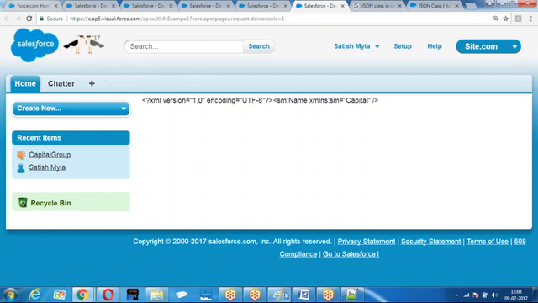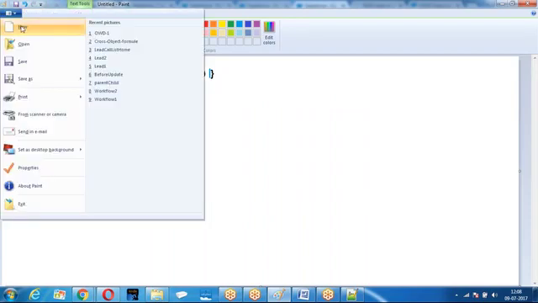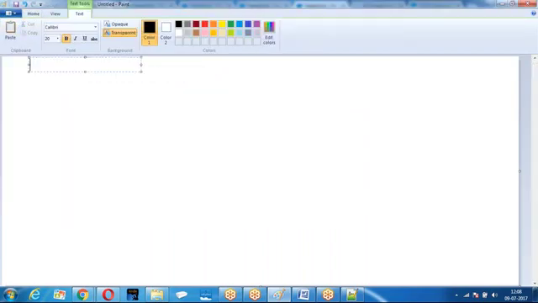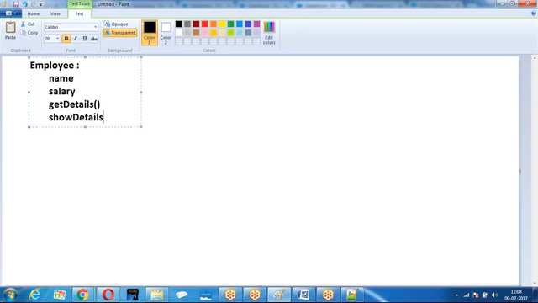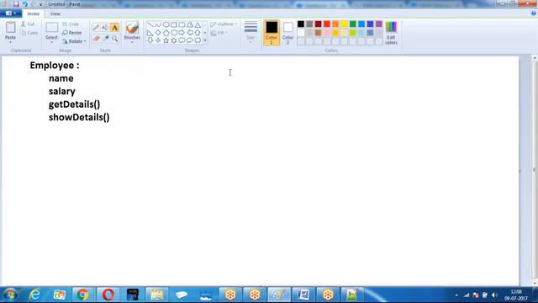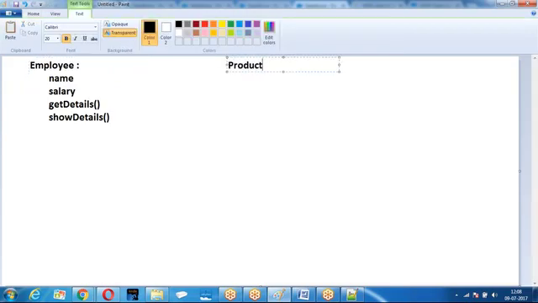Look at the point. One more example I'm going to give. I have two classes. I have an employee class. In the employee class, I have name, salary, getDetails. Similarly, I have a product class with name.